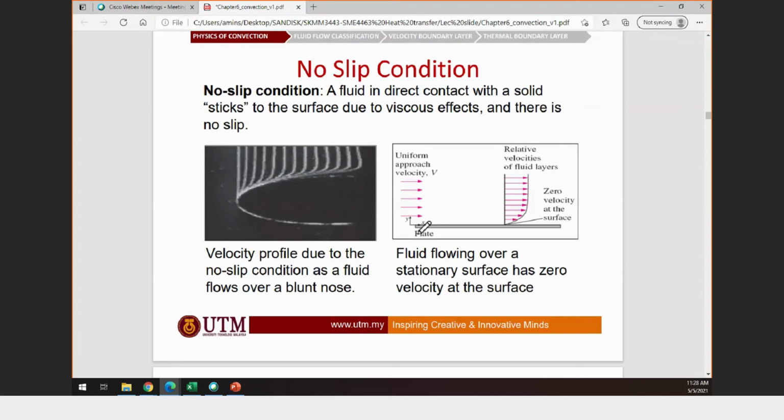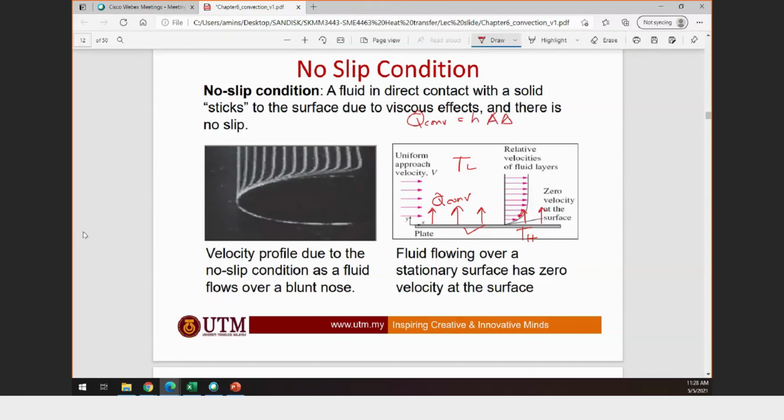Imagine this is your surface, this plate. This is what you want to study. The temperature on one side is a bit higher, T high, and this is T low. Because you have a different temperature, there will be heat transfer through the plate. Q convection is H A delta T, H A (T_H minus T_L). Now you can find the area and the delta T, but the challenging part is how to find H. And if this is a plate and the fluid flow is coming in this direction,